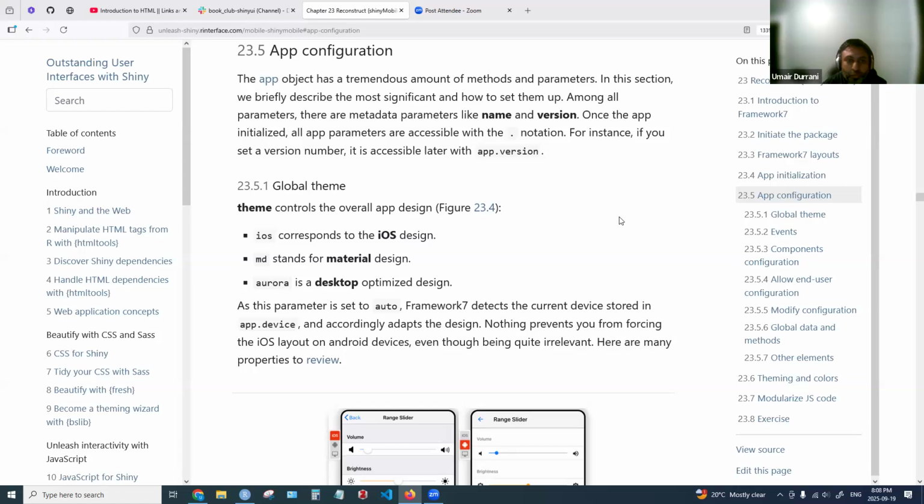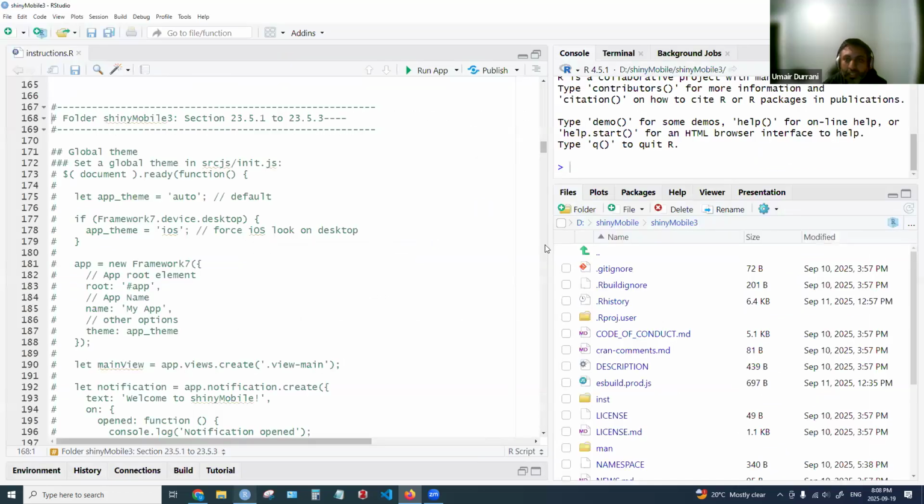We are continuing our discussion on recreating shinyMobile, or part of it, using chapter 23 from the Outstanding User Interfaces with Shiny book. So we were on chapter 23 and we have covered the app initialization part. We learned that we need to initialize the app in order to actually see the changes in the package that we are creating. So in the shinyMobile package, I have created separate folders as I showed last week, and now